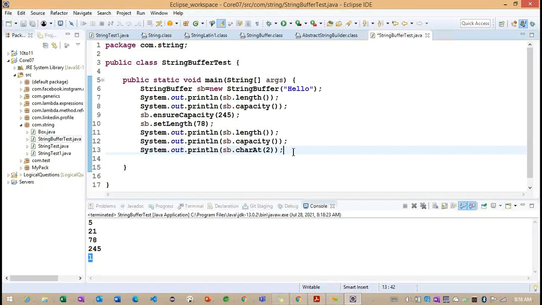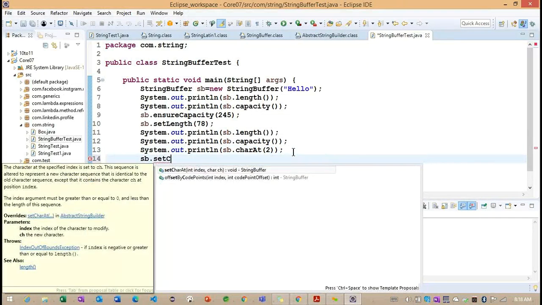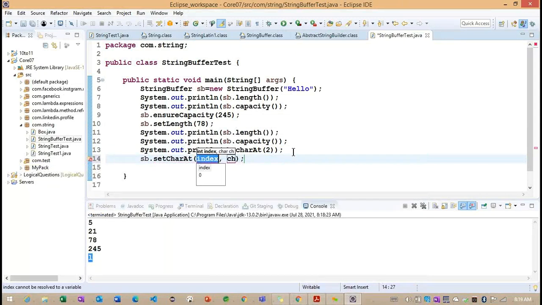Along with that, we can use one more method, sb.setCharAt. Here we specify the index and character. The first parameter provides the index, where we want to insert the character.